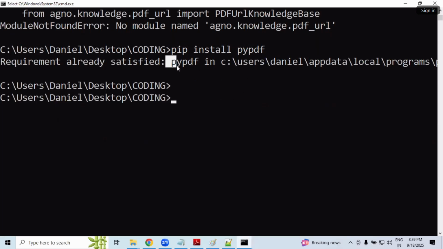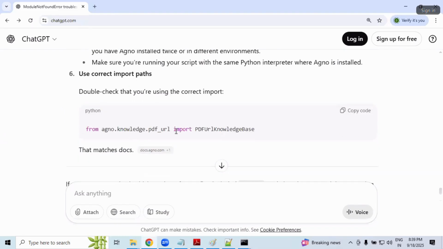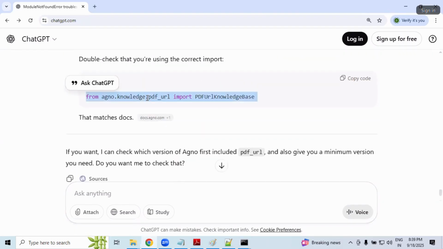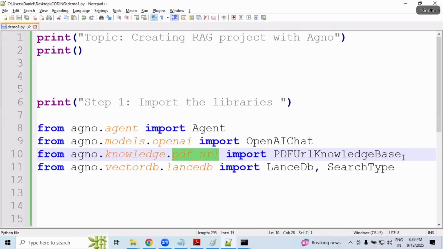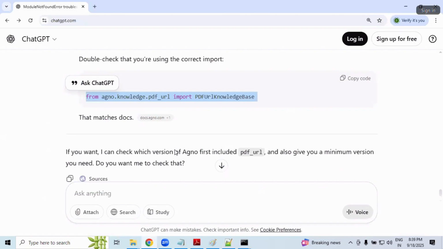It's already installed. Exactly matching, right? Then some compatible issue.